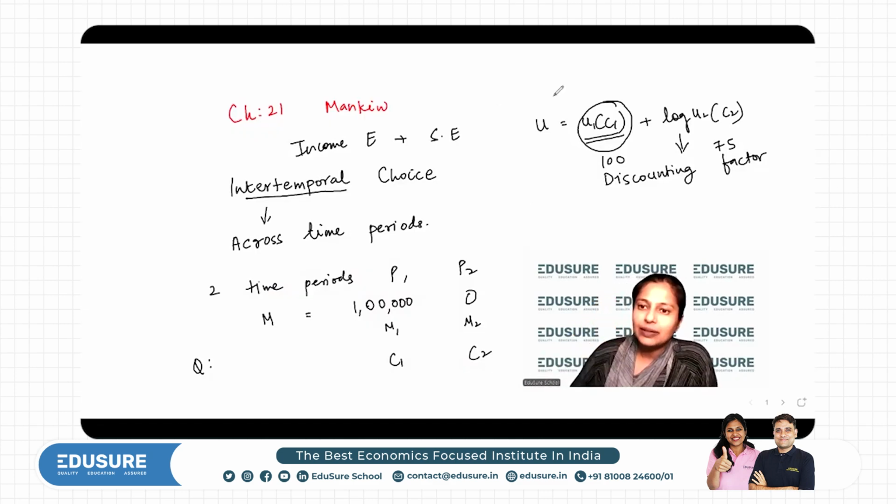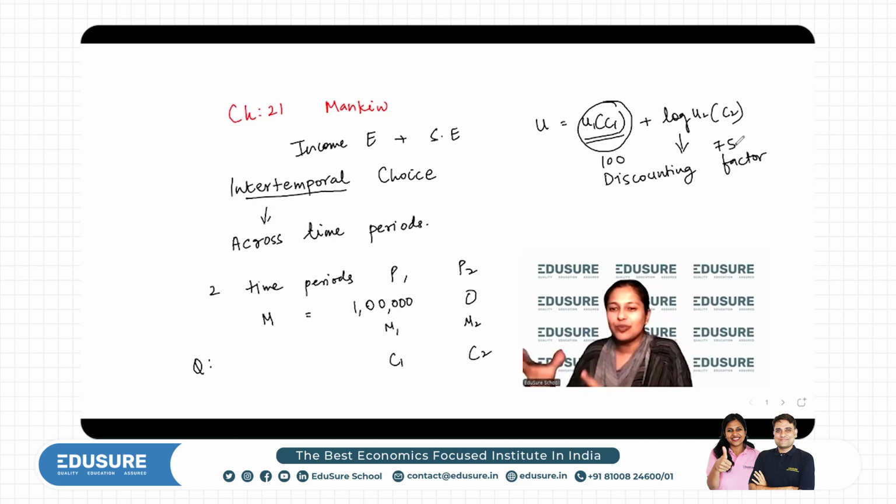So the utility of something in period two is just lesser. We're not saying it doesn't matter, but it's lesser. Getting pizza tomorrow is not as satisfying as getting pizza today. That's why we say the utility function is something like this. This is not always true, but something like this: a higher utility to what we consume today and a lower utility to what we consume tomorrow. Like this, we make a utility function for consumption across the two periods.